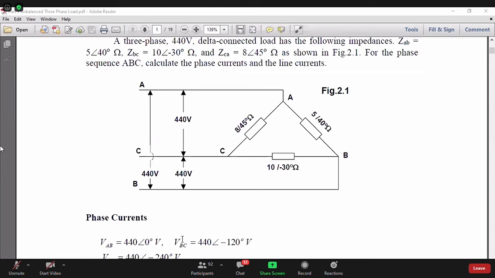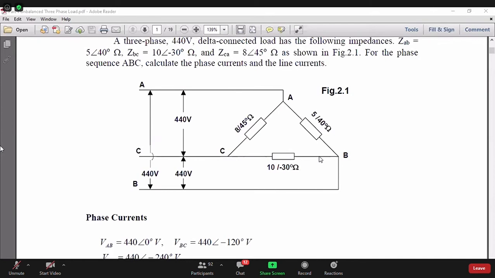Here something was missing in the problem. If you recall our last discussion, there was something called a phase sequence, because without the phase sequence, we cannot write these angles. But normally, when nothing is specified, the phase sequence is always taken as ABC, or we say RYB. So in this problem, the phase sequence is not given, so we take it as ABC. So AB is 0 degree, that is our reference. BC having minus 120, then CA will be having minus 240. This is quite obvious because the source is balanced. So I can write this without asking anybody.